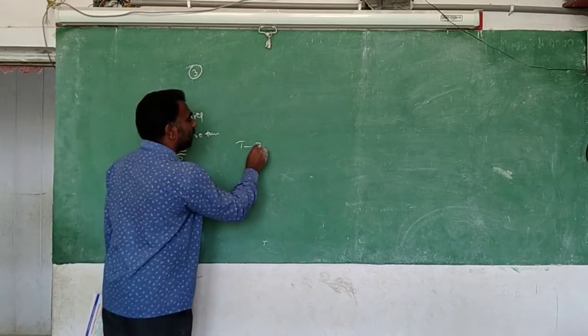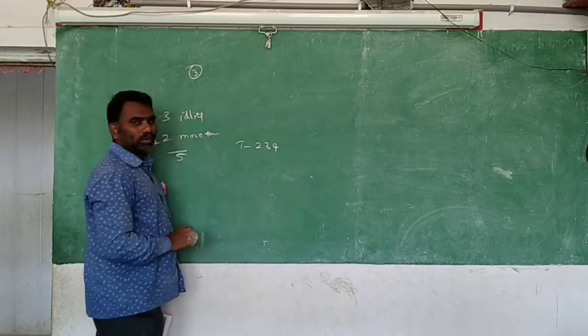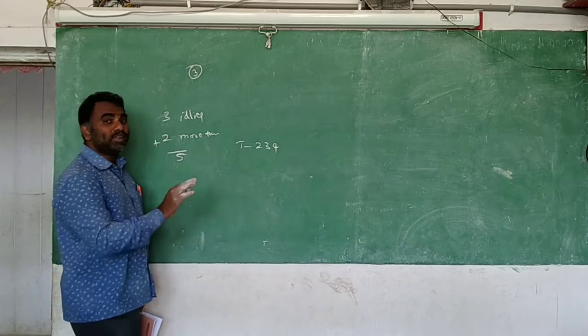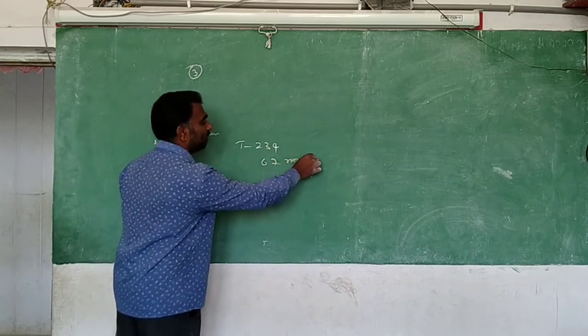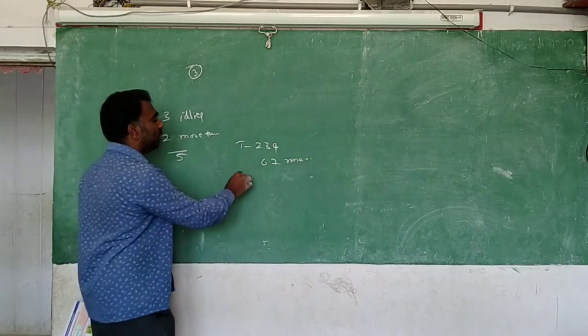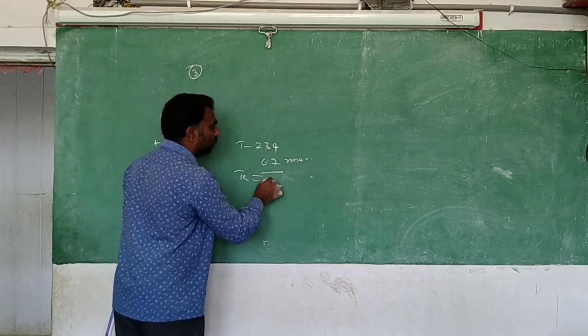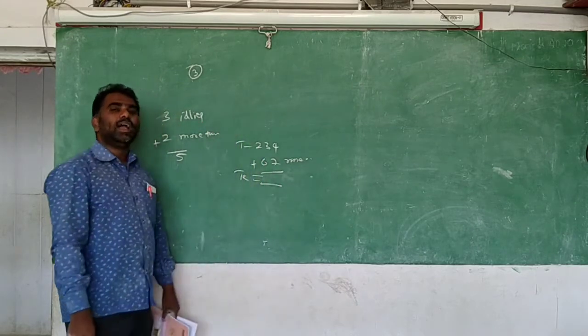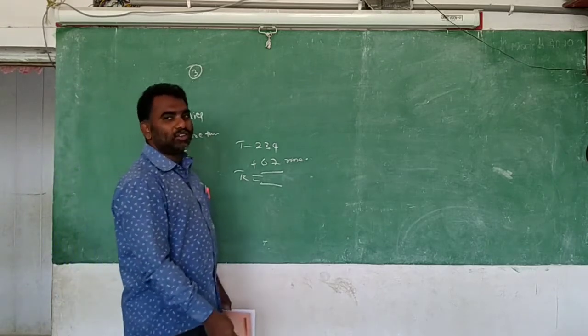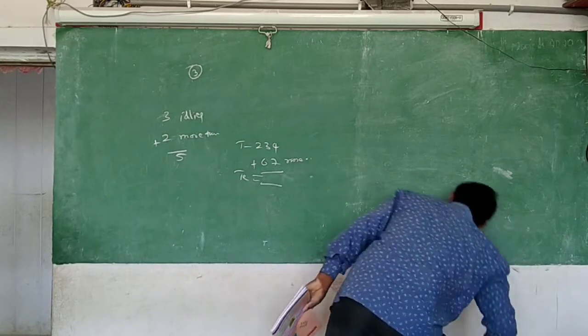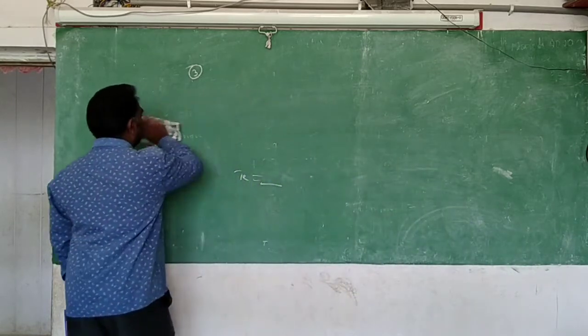Tamil movies are how many? 234. Telugu movies are how many? 67 more than this. Then how many Telugu movies are there? Means what should we do? We should do the addition. How we have done the addition here? Like that only we will do the addition. Okay, now I will write the steps for you.